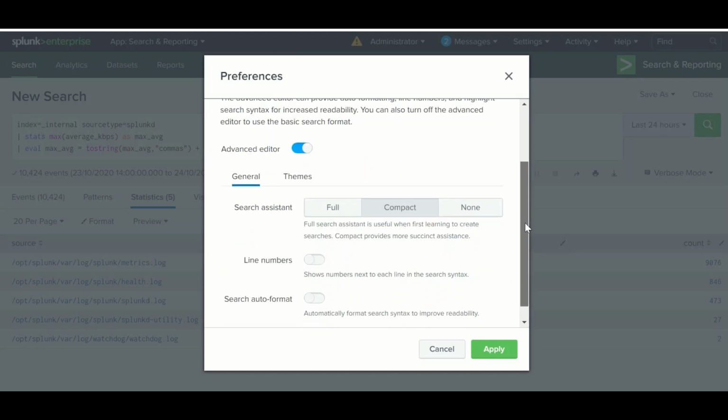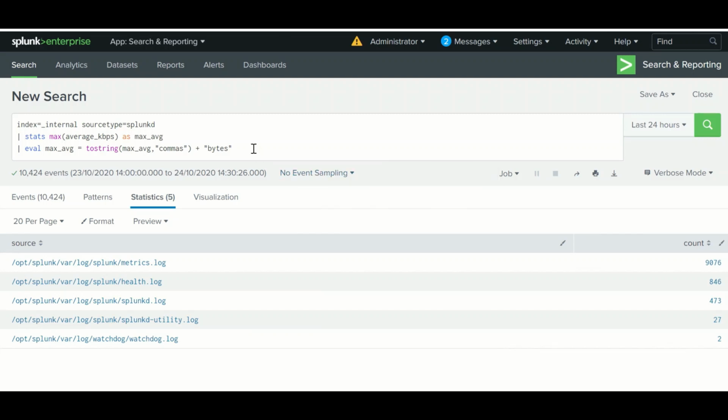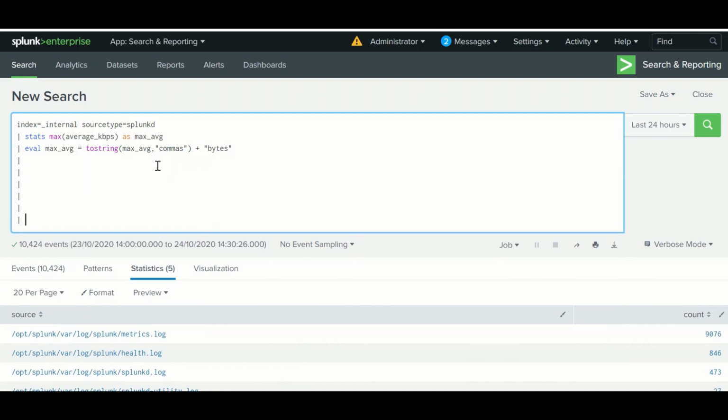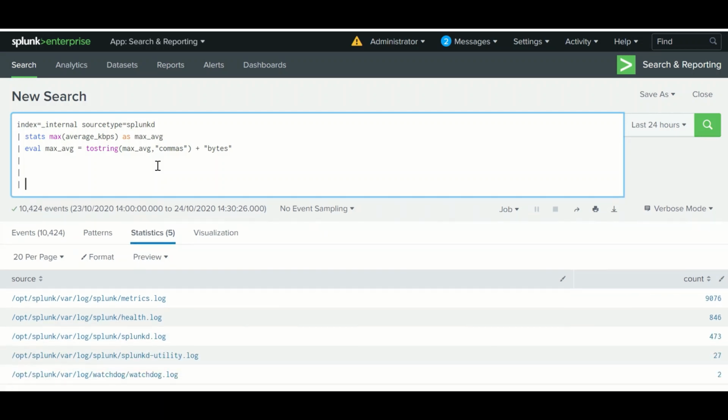From the SPL editor there will be a search auto format option. You need to click over here, click OK. So whenever you write a pipe, it will go to the next line. You can see it will go to next line. However many pipes you use, each will go to the next line.